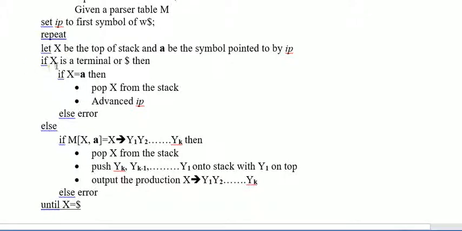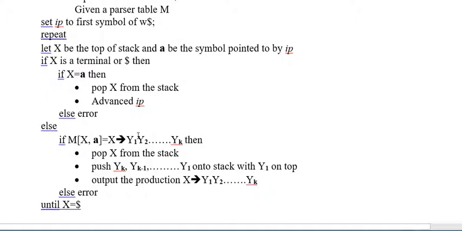Statements like: if X is a terminal or $ sign, and if X equals a, then pop X from the stack and advance the position, else say error. Else, if the two-dimensional table will occur,